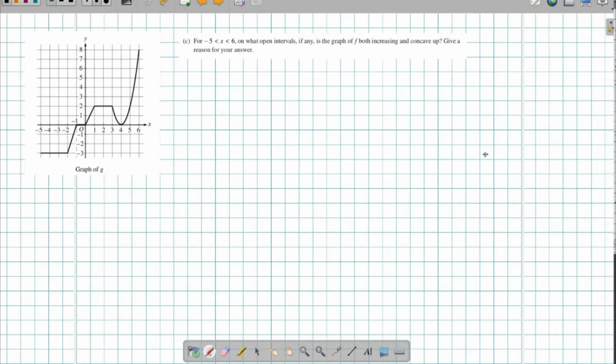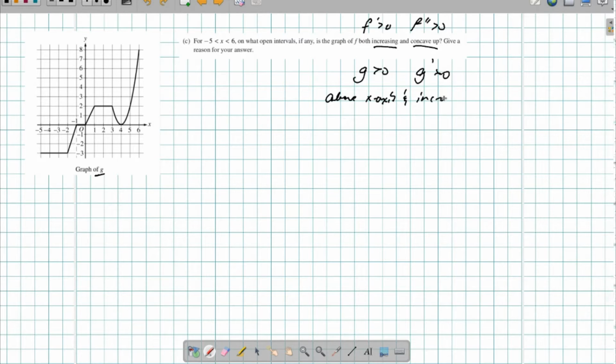On part C, it says, for -5 less than x less than 6, on what open intervals, if any, is the graph of f both increasing and concave up? So keep in mind, if f is increasing, that means that I want f prime to be greater than 0. And if I'm concave up, then I want f double prime to be greater than 0. But this is a graph of g. So I want to know, where is g greater than 0 and where is g prime greater than 0. So in other words, g has to be above the x-axis